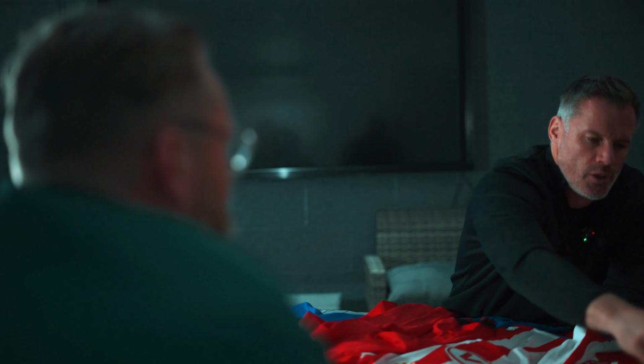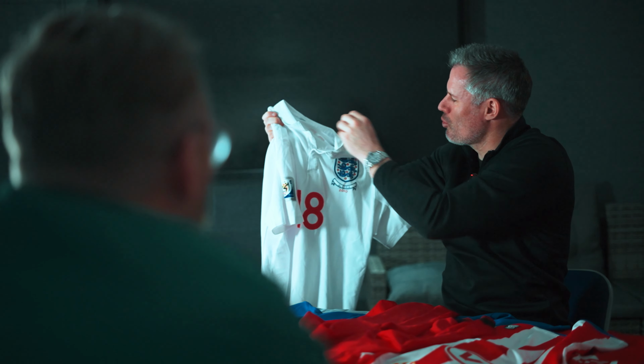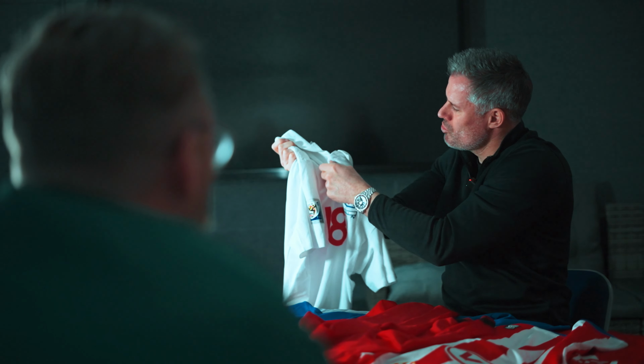And the other one I brought was an England one, so a World Cup one from the game against Algeria. Oh, was that? That was a terrible game, 0-0. Terrible. Travelled all the way down there to watch that. It looks and feels a little bit like a rugby kit to me. I don't know, the collar, the buttons. Well, it was a designer that they did a collaboration with called Aitor, and it was all about the fabric